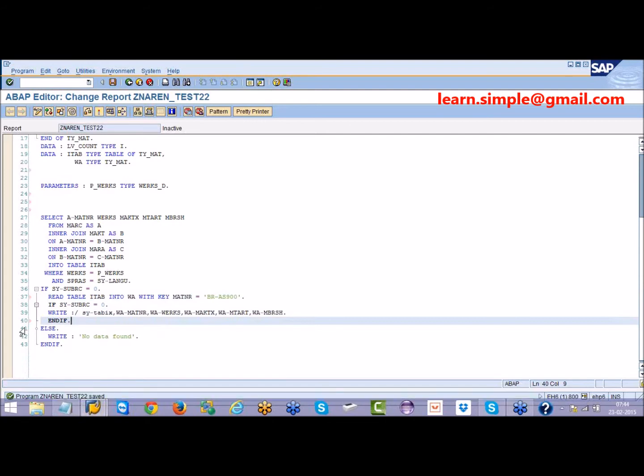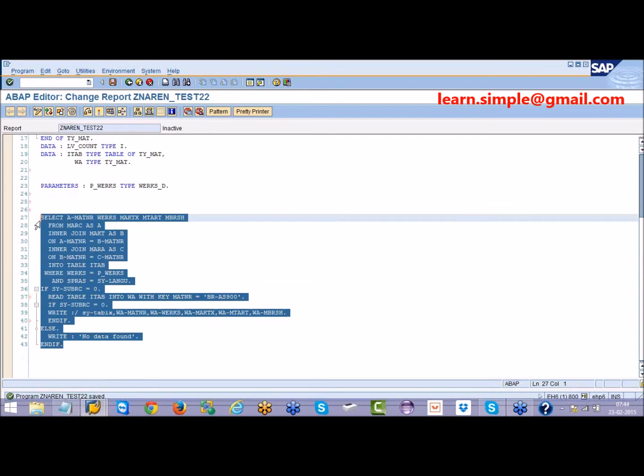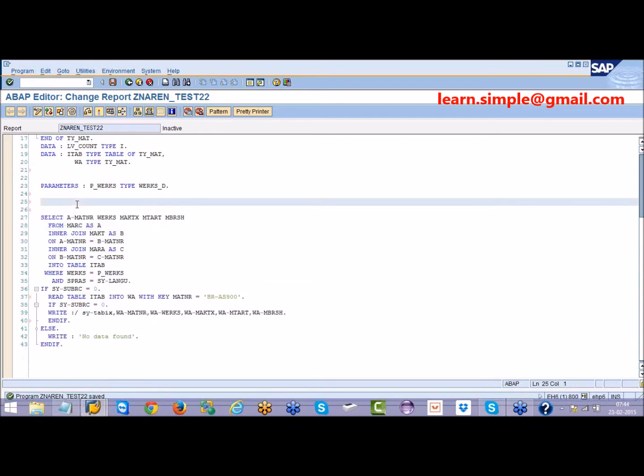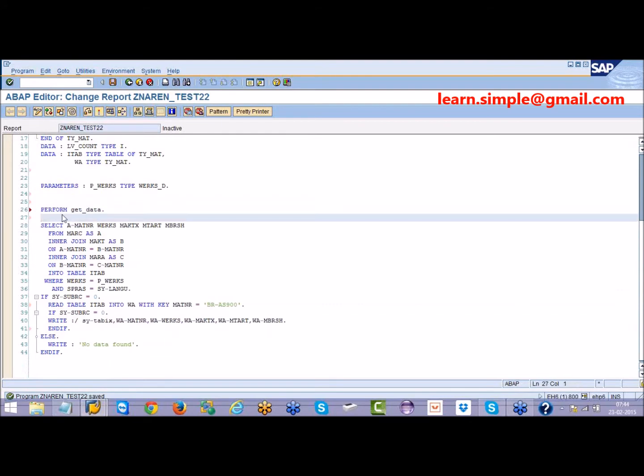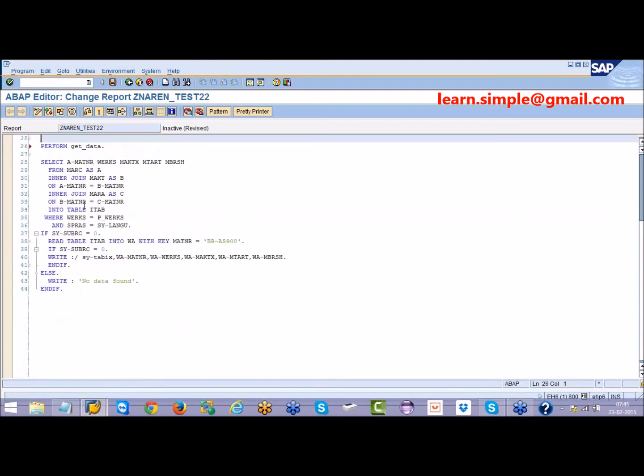Now, how can we do the same thing by using a subroutine? Instead of writing code directly like this, you write PERFORM get_data. PERFORM is a keyword. If you observe, this is in blue color, so this is a keyword for a subroutine.